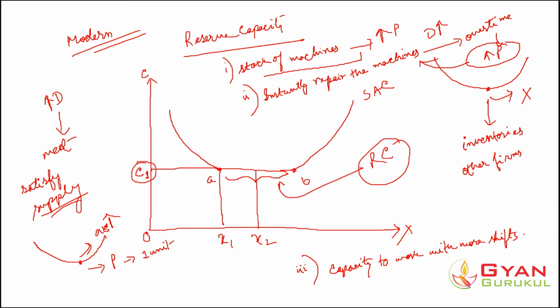So the firm always keeps some reserve capacity, because if in the short run the demand suddenly increases, it can effectively meet the increased demand in the market and supply the required amount of the product. This is called the reserve capacity of the firm. And previously we learned about excess capacity, the difference between where the firm is producing and its optimal size, in the conventional theory of the firm. So these are the two things you have to remember.